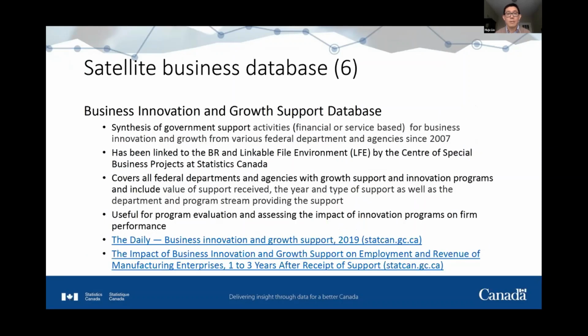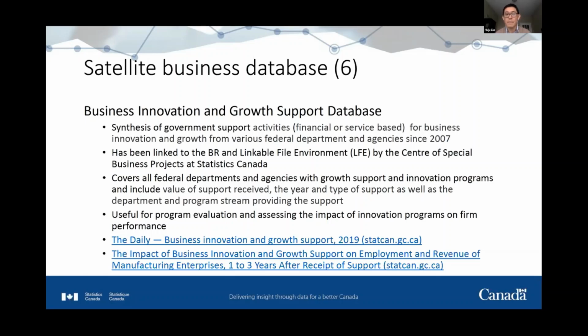The last one is the business innovation and growth support database. That is a synthesis of the government support activity, either financial or service-based, for business innovation and growth from the entire federal government. This database has been linked to the BR and another linkage environment in Statistique, the linkable file environment, by the Centre for Business Special Projects. It covers all the federal departments and agencies, and it has information on the value of the support received, what type of support, and from which department,